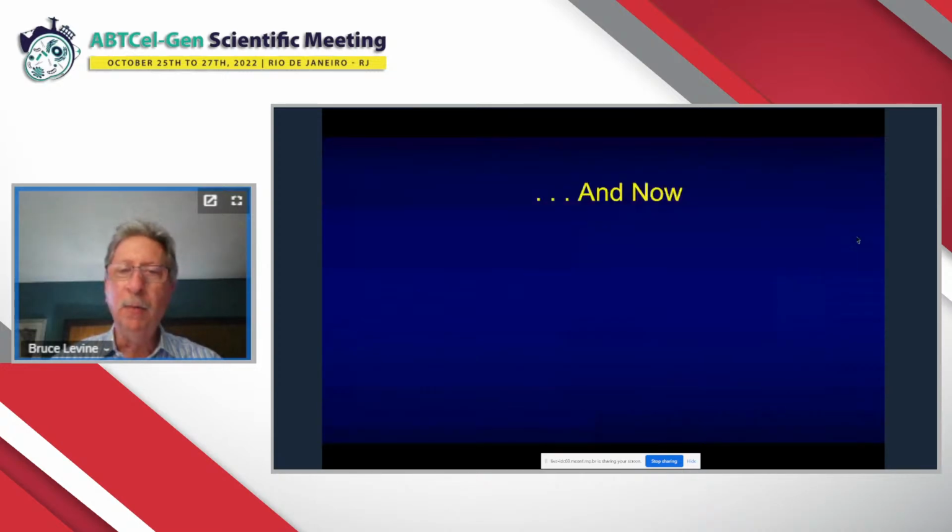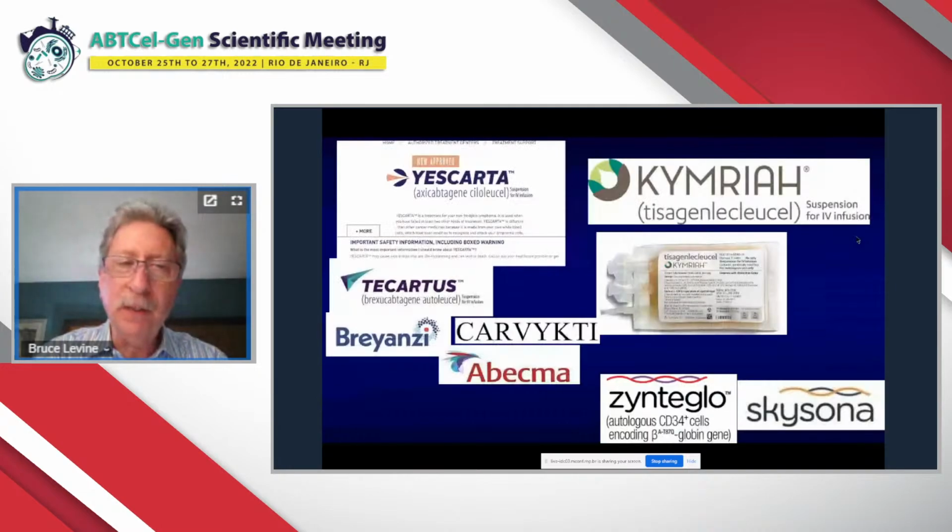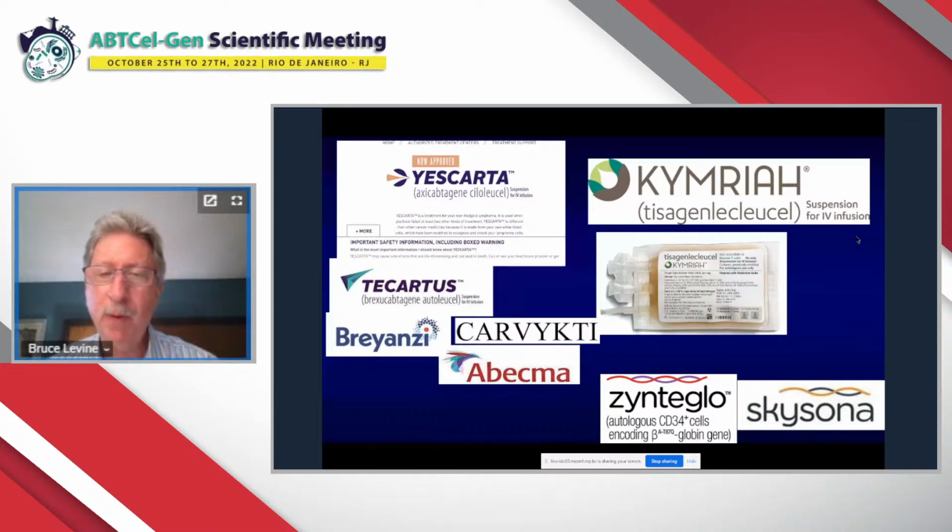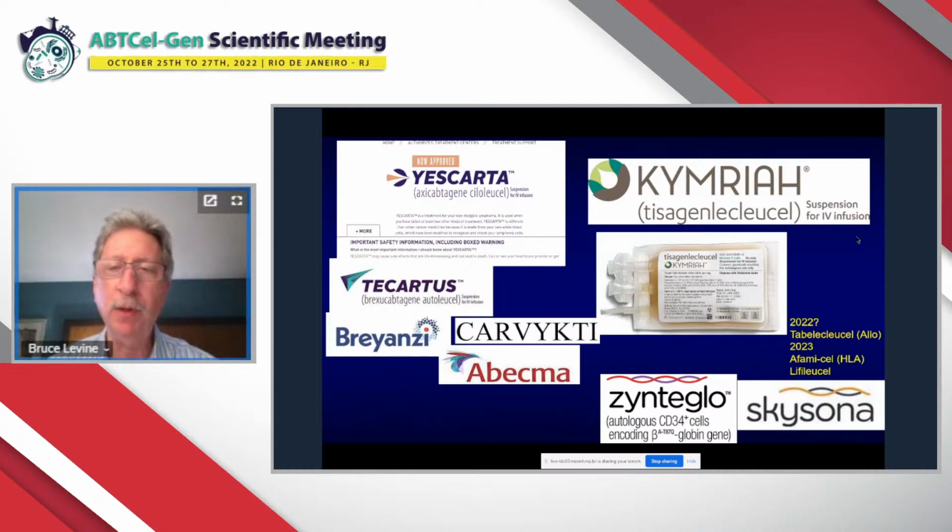And where are we now? Well, we have 6 approved CAR T cell products in various jurisdictions. We also have, in the past 2 months, 2 FDA-approved gene-modified stem cell therapies, one for beta thalassemia and one for adrenoleukodystrophy. So the emergence of these types of genetically engineered therapies to treat disease, to redirect immune specificity, will be proliferating